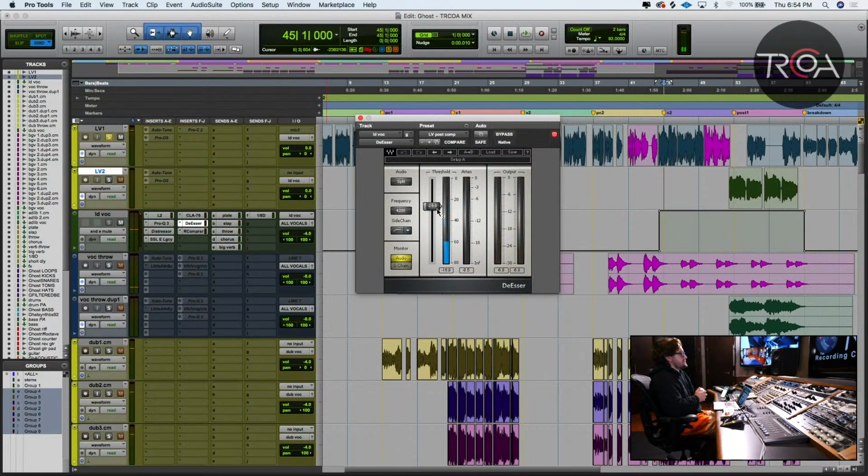That 4K range, 3 to 4K, is where the real harsh part of the vocal is. So it's almost acting like a compressor on that frequency, and that's what I'm doing here. I'll mute it and play it back. It's real subtle, but